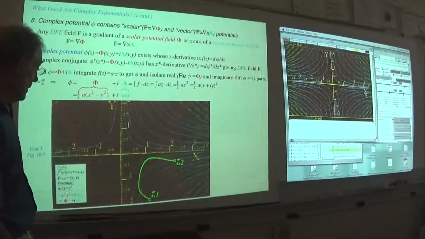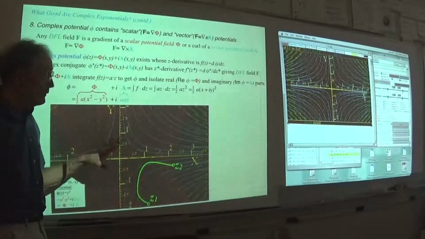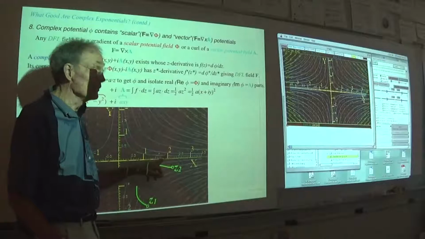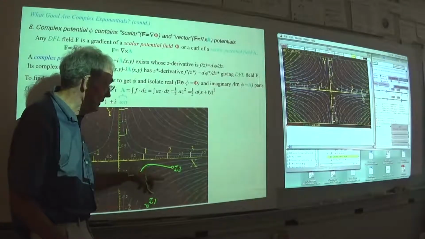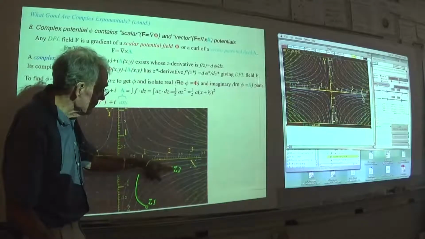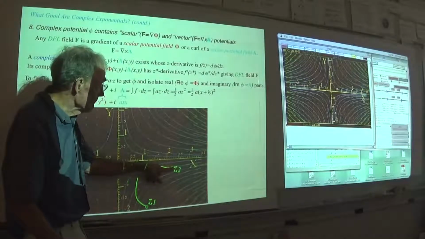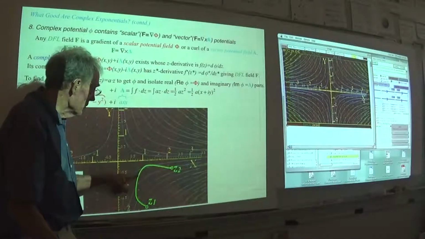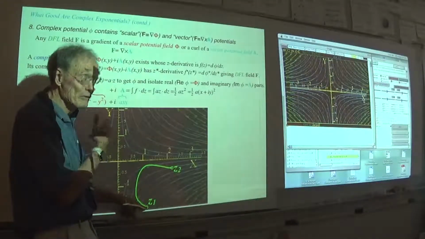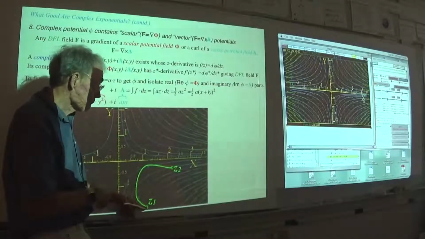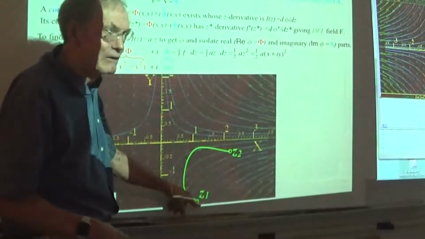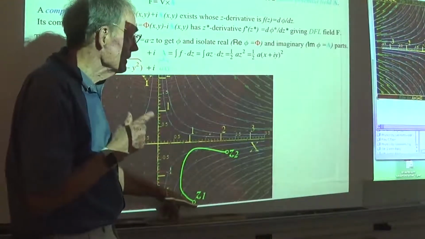Now the thing about having no curl and no divergence is that I have a conservative and integrable function here. And that means that I will get the same answer as I measure how much my potential, either one of them, changes by going from here, say along that path, to there. But as you know, if this is a conservative field, that's what it means to have your partial derivatives commute and all of that, to be integrable,